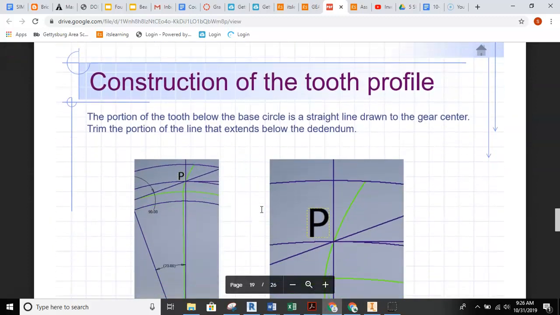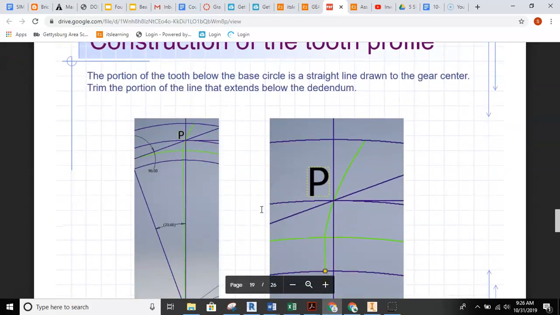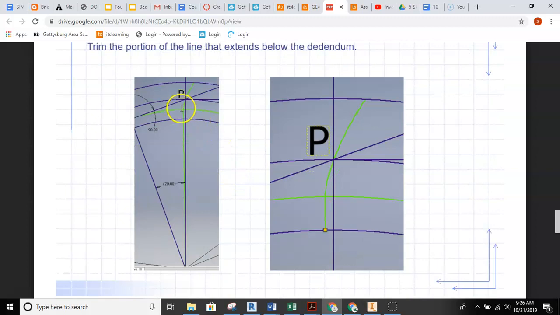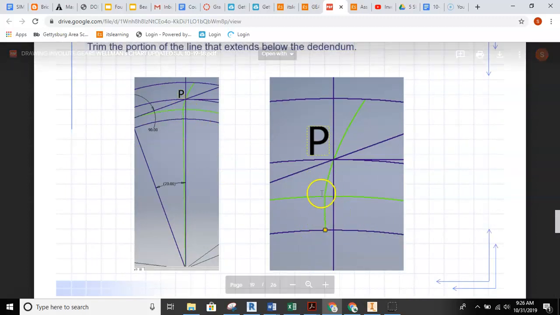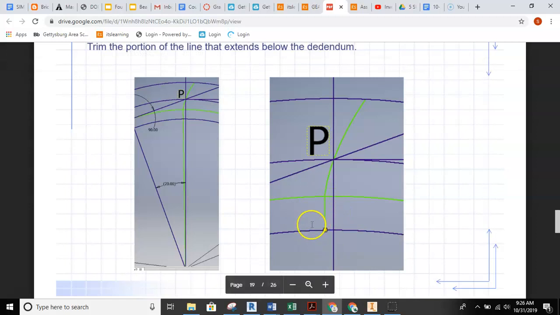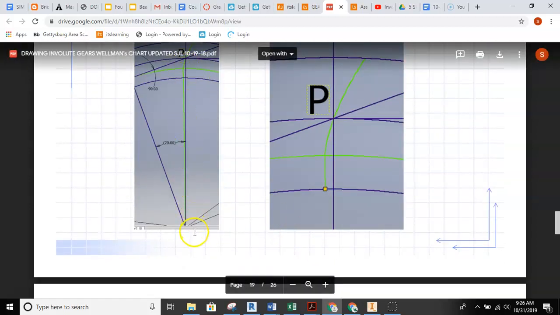So we'll slide down here. We've done big R and little r, and now we're ready to construct the rest of this gear tooth. We need a straight line drawn from the base circle to the dedendum circle. Here's a close-up of what that looks like. So from the base circle down to the dedendum circle, and that is going to be a radial line from